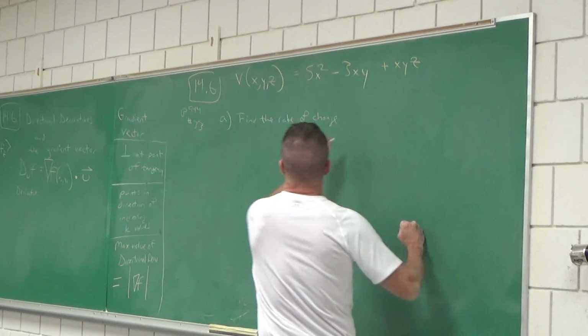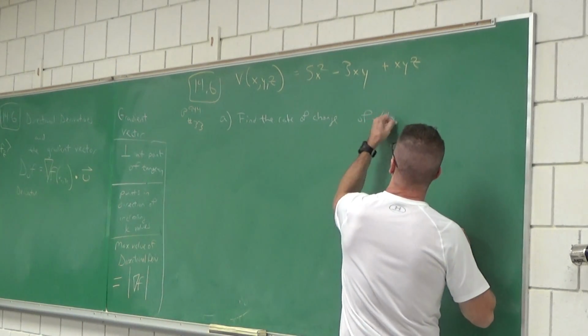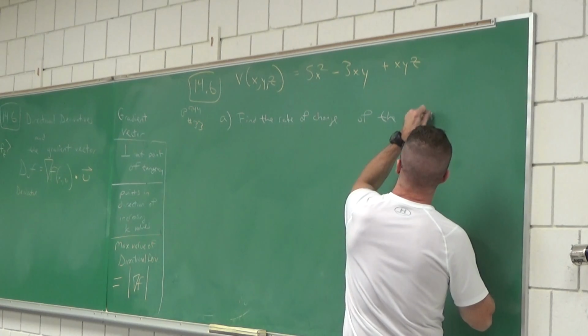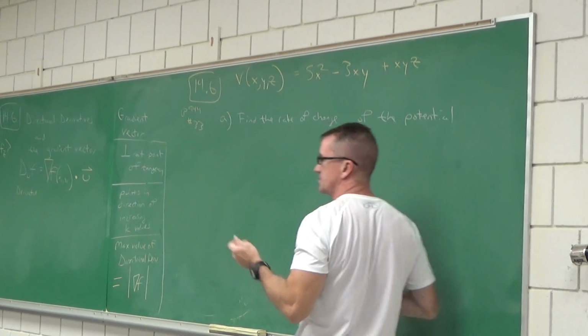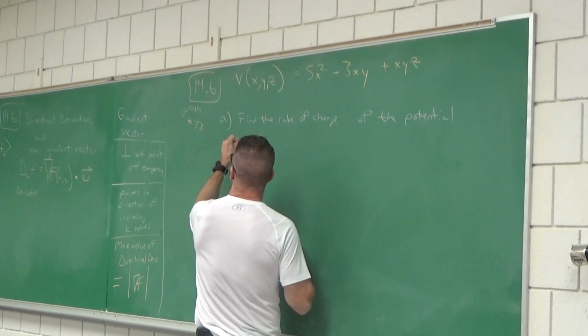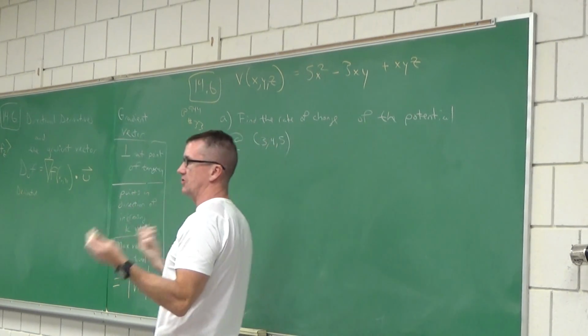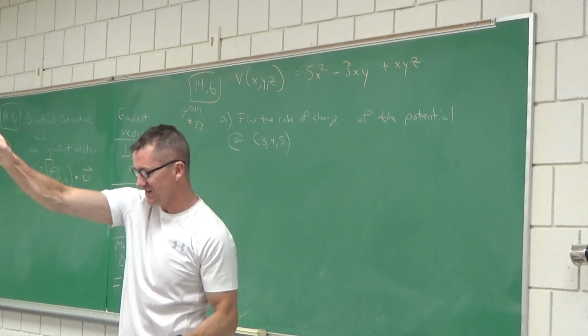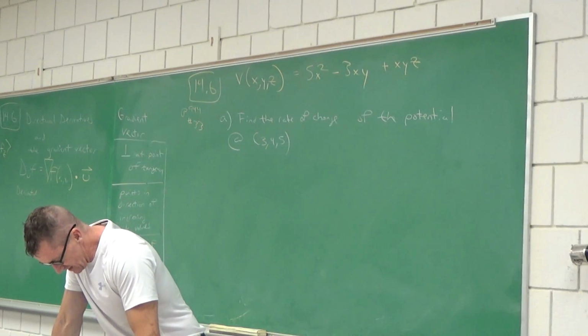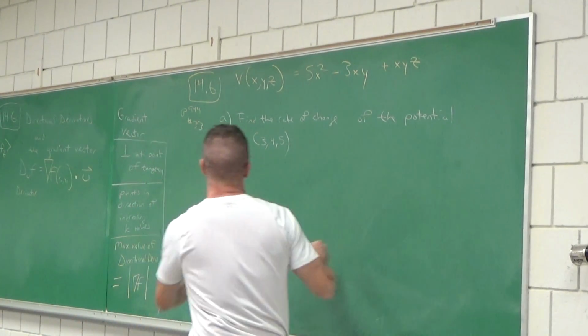Of the potential. We're talking about V. They're going to give us a point, right? At the point 3, 4, 5, they're going to give us a direction, right? They always got to give you a point and a direction. In the direction of vector,